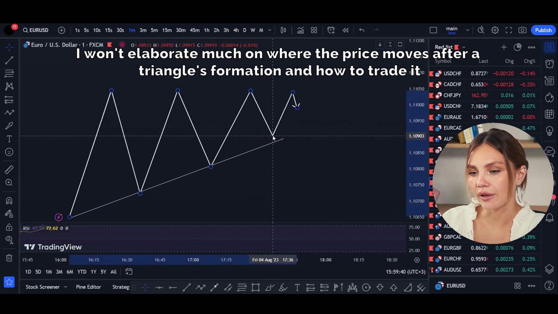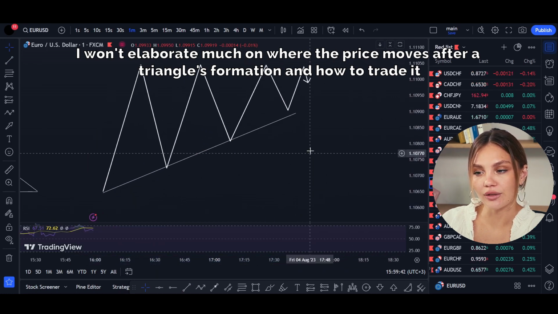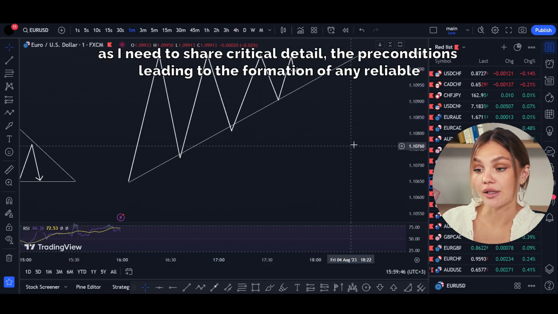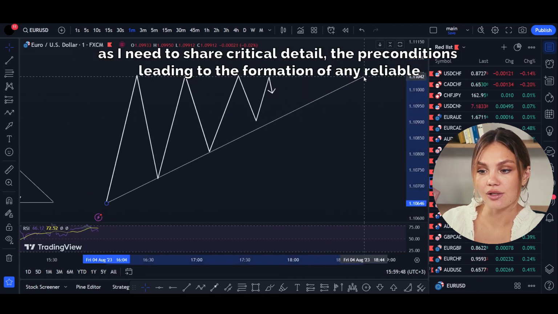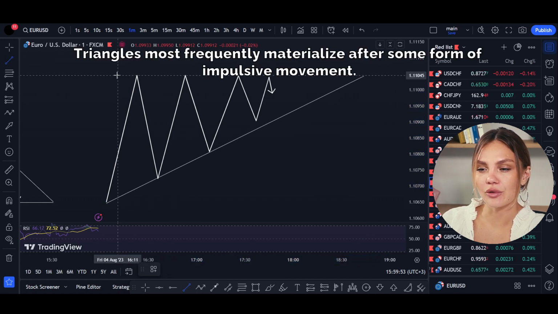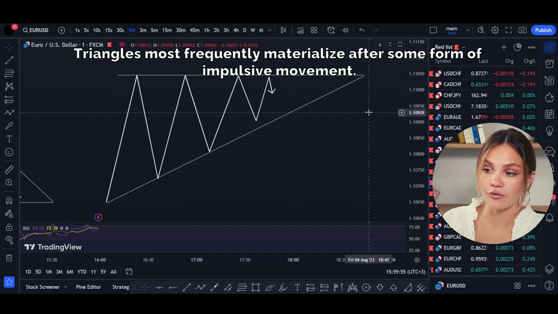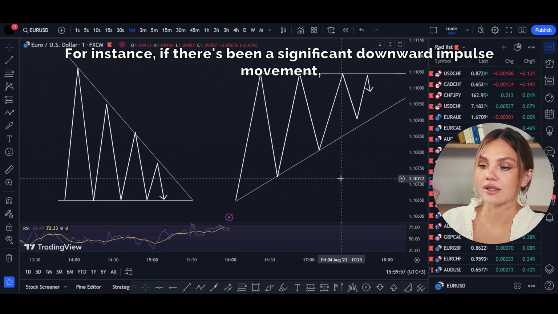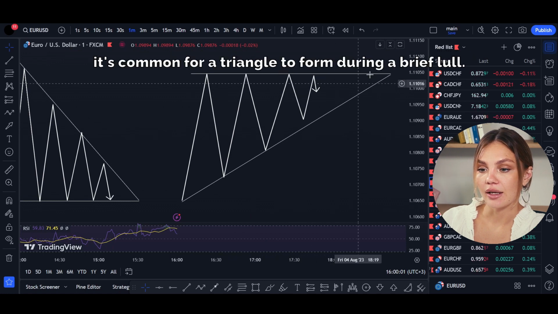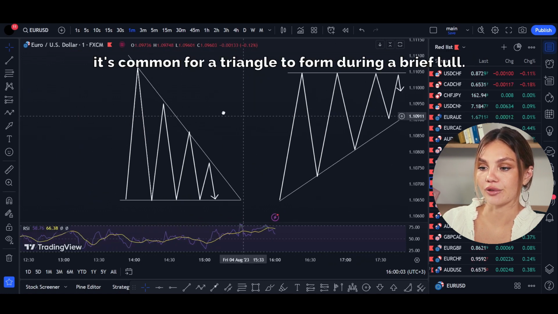I won't elaborate much on where the price moves after a triangle's formation and how to trade it just yet, as I need to share a critical detail: the preconditions leading to the formation of any reliable triangle. Triangles most frequently materialize after some form of impulsive movement. For instance, if there's been a significant downward impulse movement, it's common for a triangle to form during a brief